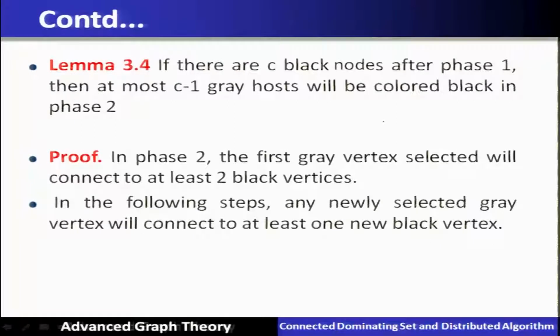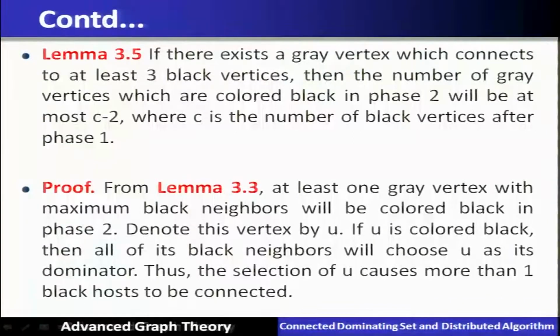Now in lemma 3.4 we will see that if C is the number of black nodes after phase 1, then it requires at most C minus 1 gray hosts which can be colored black in phase 2. Lemma 3.5 says that if there is a gray vertex which connects at least 3 black nodes, then the number of black vertices required is C minus 2. Therefore,